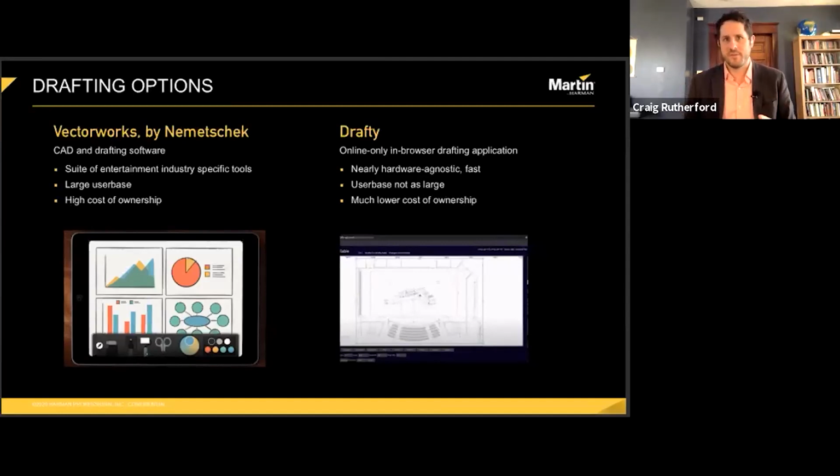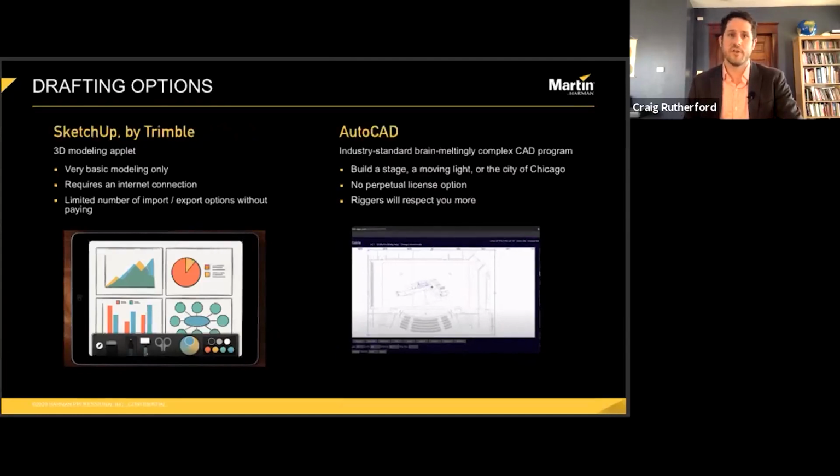Another option is Drafty, which is an app that I have reviewed for PLSN in the past. Drafty is subscription-based, but the basic versions are pretty inexpensive. It does lack any 3D capability. It is for making 2D lighting and set plots only. Now, your 2D drawing can get as complex as you want it to get, but it's really intended for just one view at a time. And that isn't going to help when it comes to trying to create renders for clients. It is, however, a really decent and very affordable option for doing basic 2D plots. And indeed, you can make those plots look really, really good.